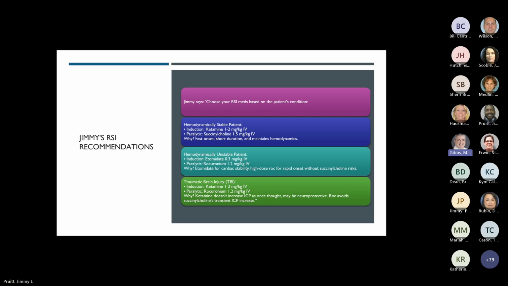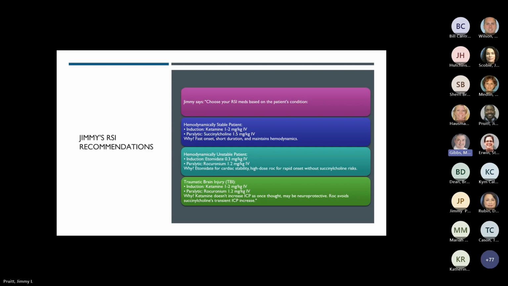Dr. Gibbs? Yeah, and I would just add one other topic you referred to, Jimmy, that is worth another mention: etomidate and adrenal suppression. It is well known that etomidate causes adrenal suppression. In fact, etomidate is a drug that's been used to treat hyperadrenalism. It's also known that if you give one dose, you will affect adrenal cortisol production. However, there is good data, primarily based on